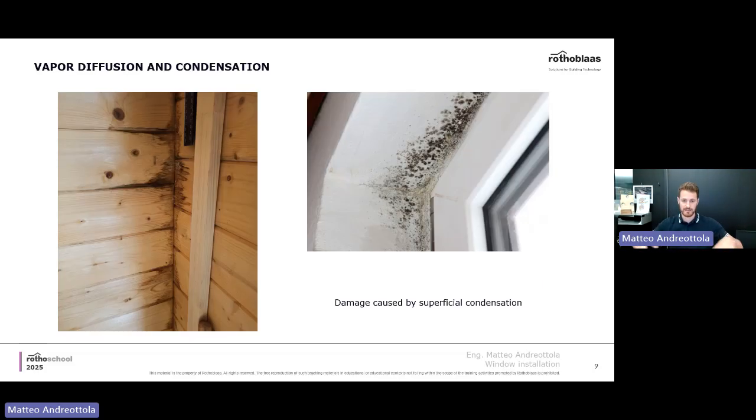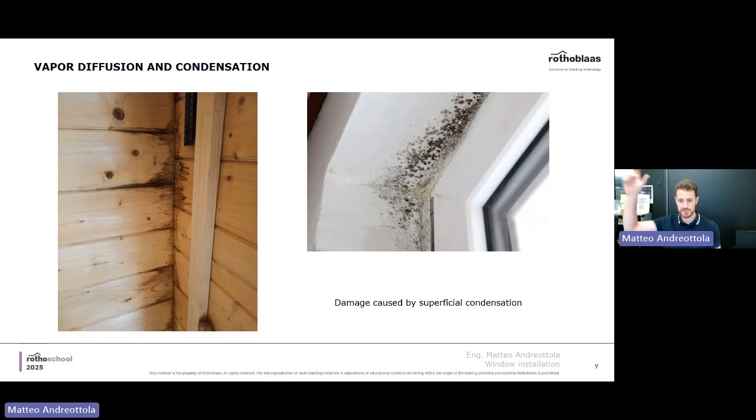You start by placing a first layer of tape. Then you do the corner detail. Unfortunately, it's not a practical lesson here, but if you open up the catalog, there's a way by cutting and bending a little piece of tape to do the corner in the right way. And then you continue with the vertical side of the window.